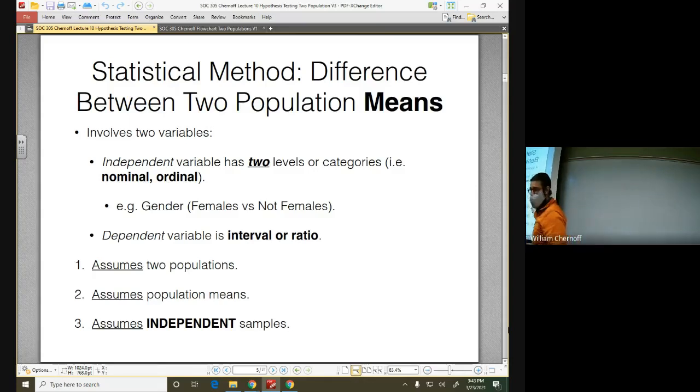We use this method when you talk about fear of crime, safety feeling, number of housing problems, satisfaction with where you live, how many drinks you consume, how many drinks you think the typical Southeastern student consumes, how many drinks people's fathers consume or mothers consume. This is the method to use. And then we have this independence assumption. So we have this assumption that when we surveyed people, what they told us was their experiences and what they thought, and that the answers they gave were not going to be influenced by anyone else who took the survey.